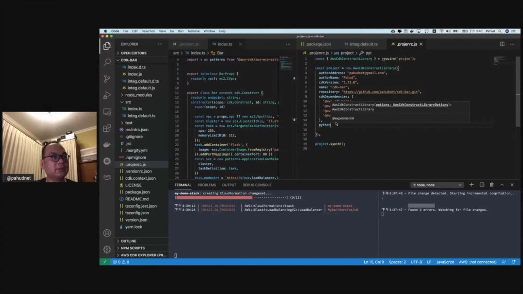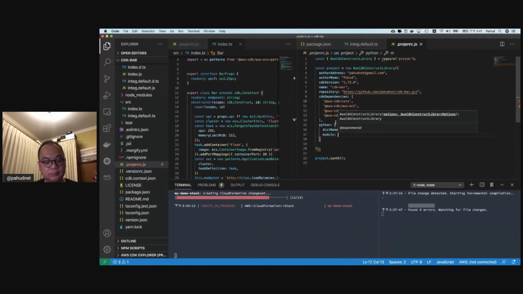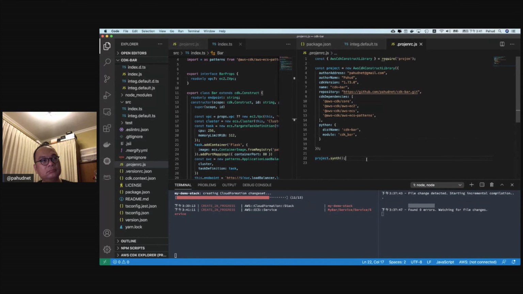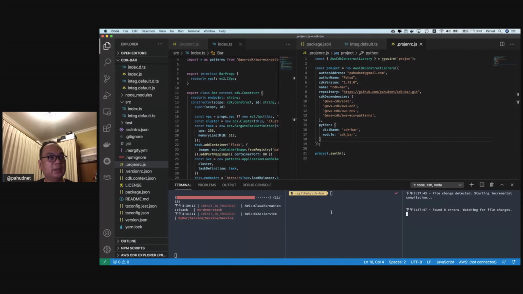So we just define the Python distribution name, for example, cdk-bar, and the module name, cdk_bar. Okay. Then I'm gonna open the third terminal and run the npx projen again. So by defining the Python,